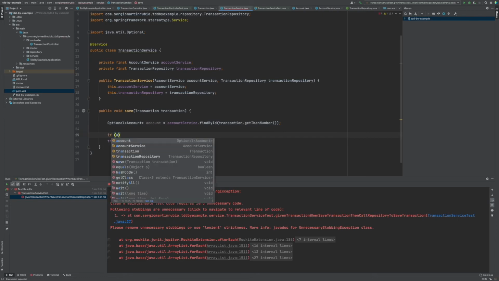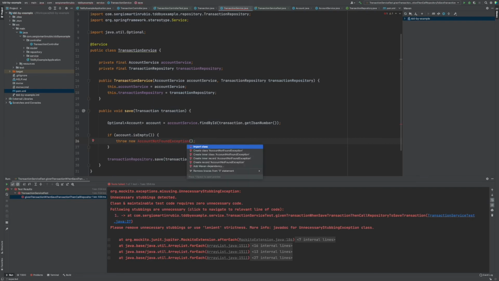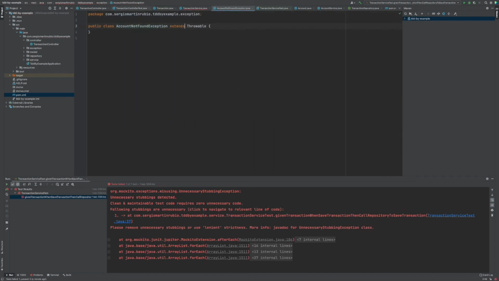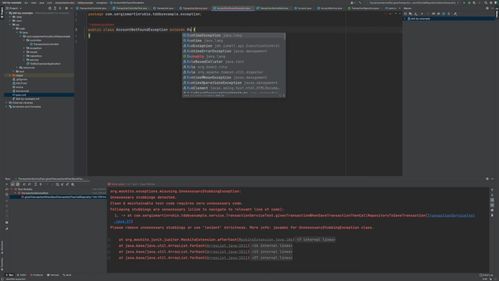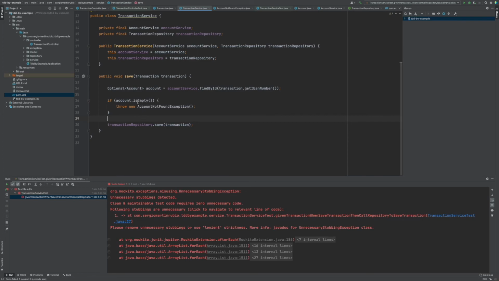So if the account is empty, we want to throw an exception, right? New account not found exception. It's going to be a runtime exception. And now if we go to the test,